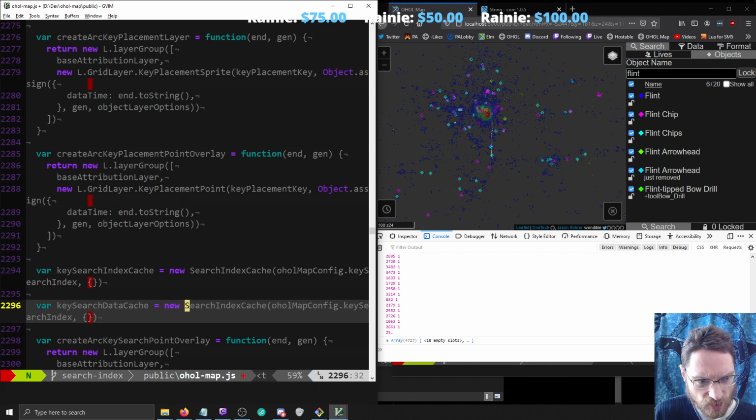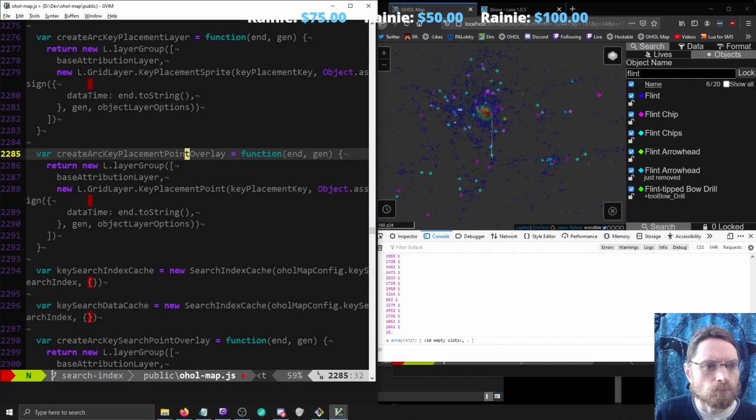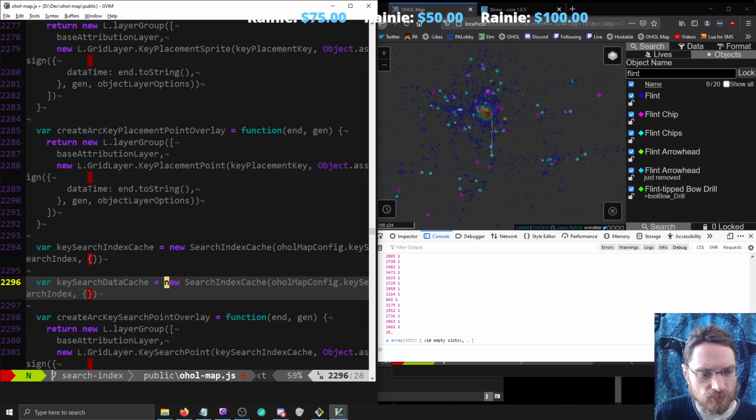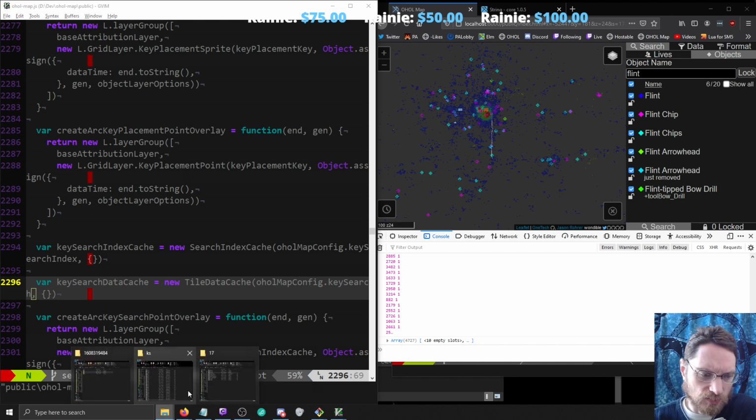Search index cache had a different parser, though. You were just a, I don't know if tile key works. Oh, no, you were actually tile key search. And then your file format